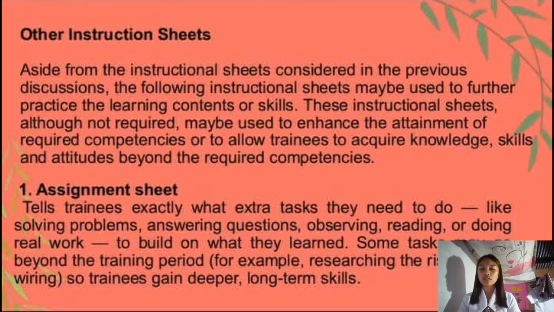So, the number one instructional sheet is the assignment sheet. An assignment sheet tells trainees exactly what extra tasks they need to do, like solving problems, answering questions, observing, reading, or doing real work to build on what they learned. Some tasks may go beyond the training period, for example, researching the risk of bad wiring, so trainees gain deeper